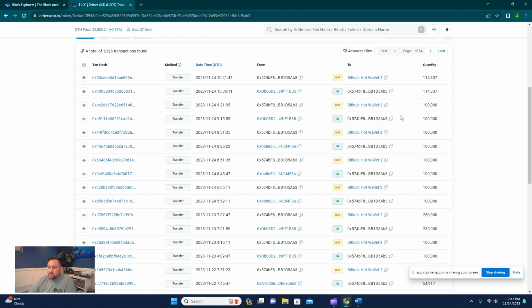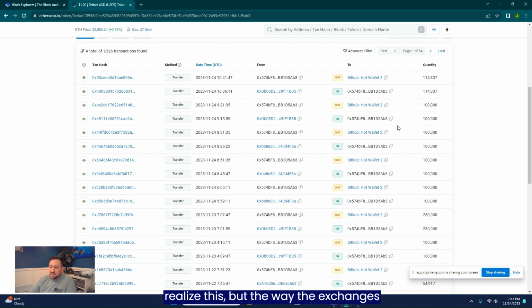So just from experience, and after you've done it a few times you'll realize this, the way exchanges and exchange wallets work is that when you have an account with them, your crypto doesn't stay in your wallet. Basically, BitCub, in this case, will give you a wallet, but it's not really your wallet. It's their wallet that they're letting you use because you don't have the private keys to it. So BitCub is holding those keys. When money comes into your wallet at BitCub, BitCub is going to flush that account and move it into their, in this case, BitCub hot wallet. And that's where they aggregate all of their tens of thousands or hundreds of thousands of clients